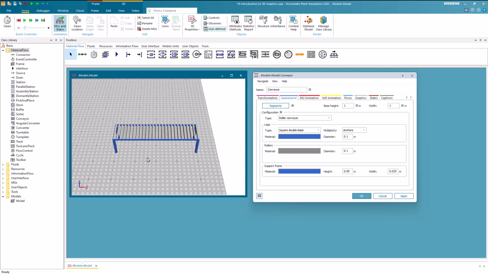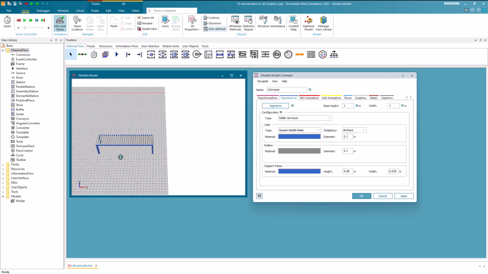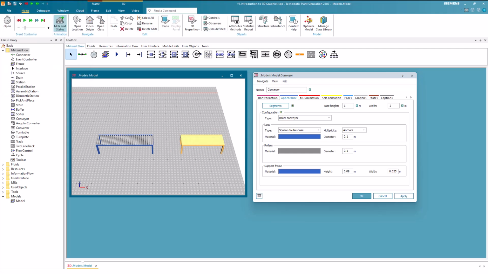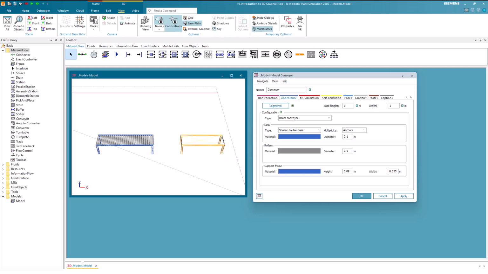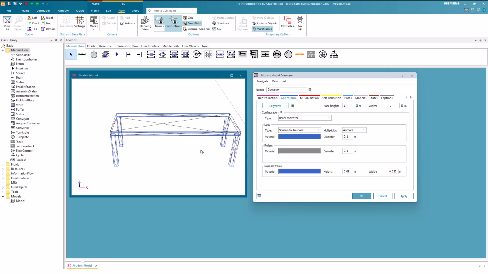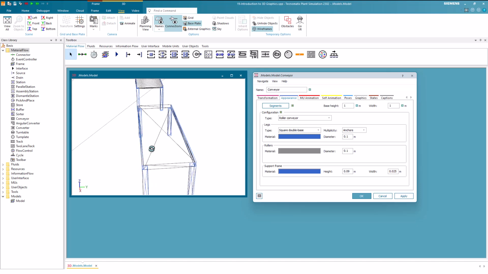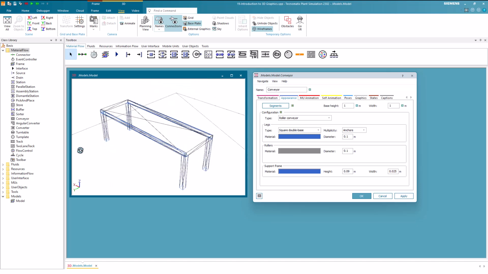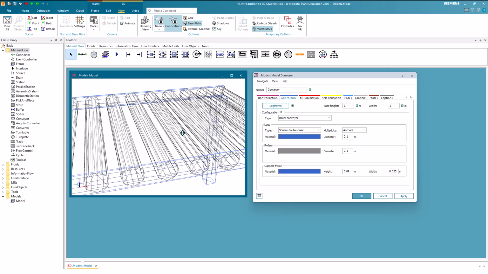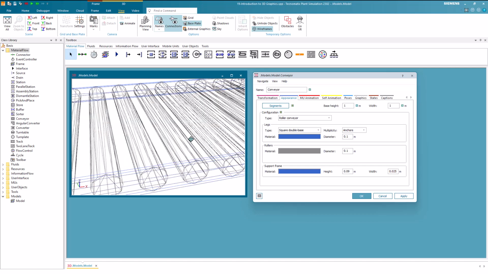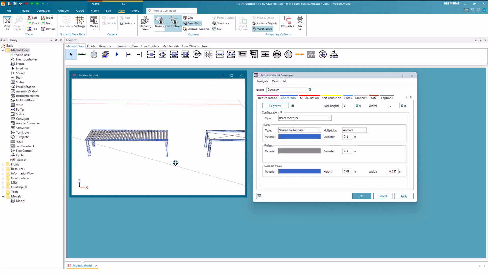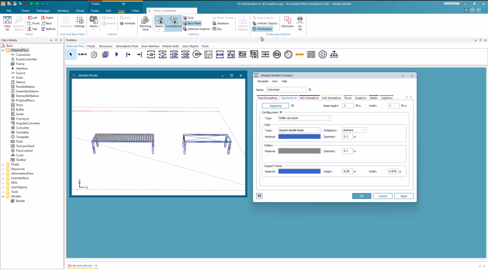To illustrate this, we will insert another conveyor next to the one whose type we have changed. Then we switch to the View ribbon and click on Wireframes. Here we can now see the polygons or triangles through which the two objects are built. As you can clearly see, the roller conveyor is much more complex than the native conveyor. Then we switch off the wireframes again.